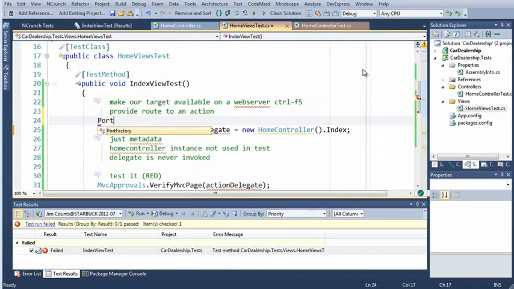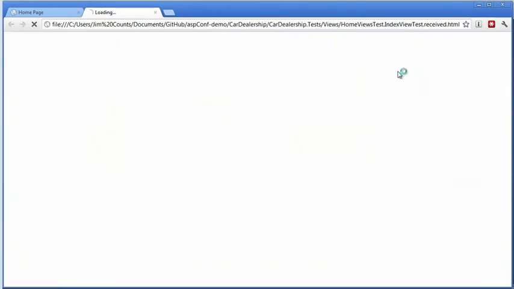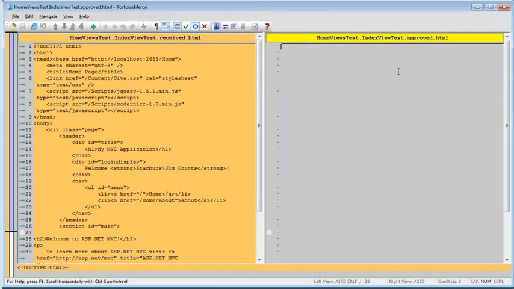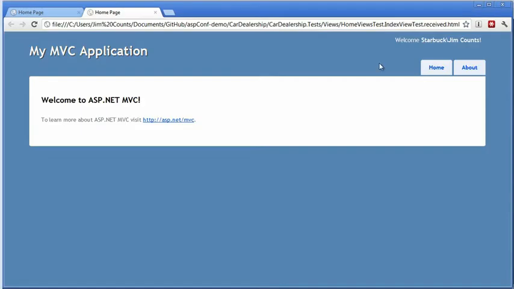And we need to access the port factory, which is part of MVC approvals, and give it the port. And that should give us a chance to actually run the test and get a result. And there you go. So this time when the test ran, approval test was able to go out and